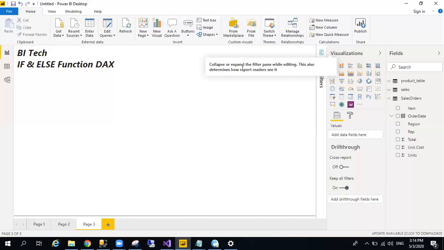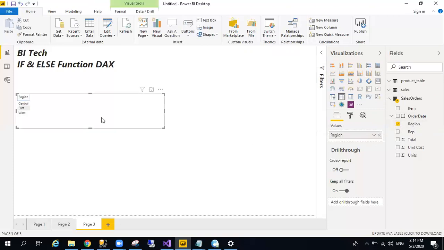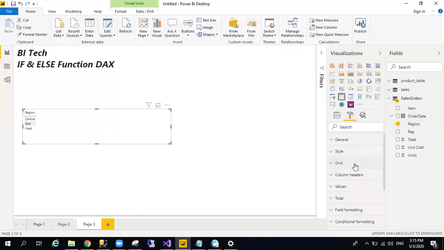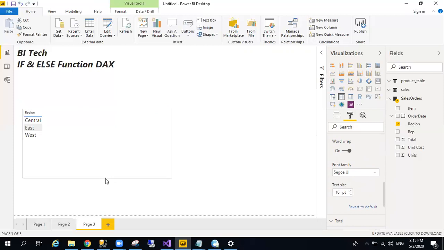Okay. So first I want to create a measure. I just maximized its font size, then you will see it properly. Central, east, west. I want to create a measure for central and east.